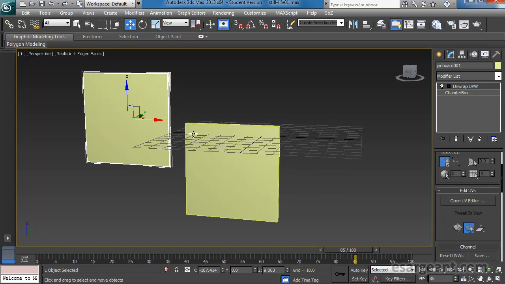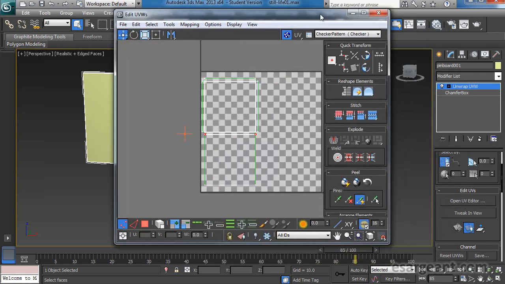While we're at it, let's amend these UVs so that we can occupy our texture space correctly. So we'll come into our Unwrap UVW, open the UV editor again,